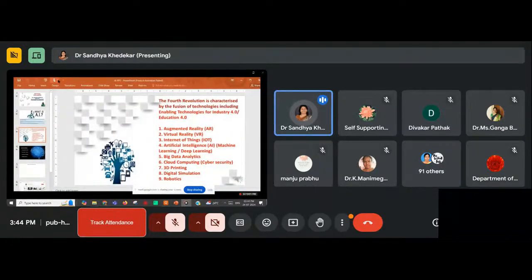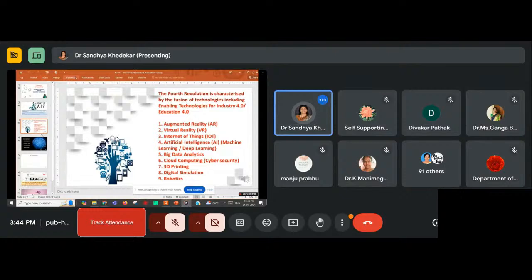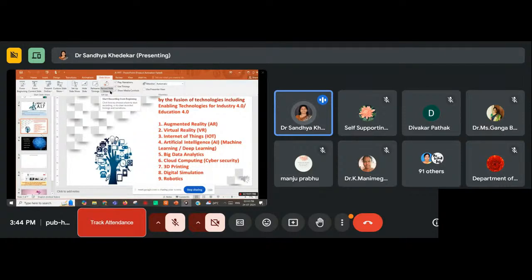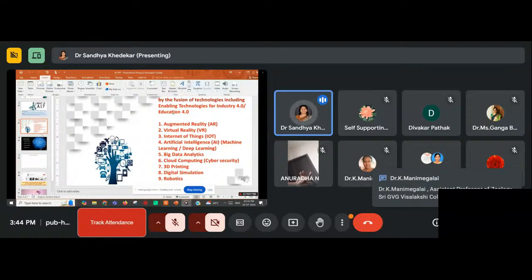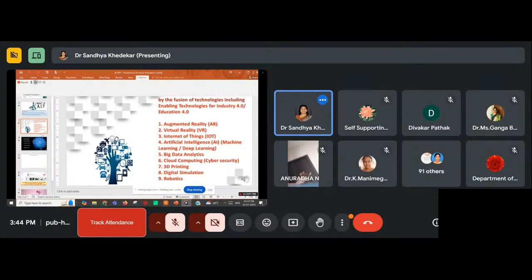So what you have to do is, when you open the PowerPoint presentation, go to the slideshow and there is one option, record slideshow. And it will ask you to start from the beginning. If you are using Windows 10, this option is visible in slideshow. If you are using any other version of PowerPoint, you have to use the insert audio option. And if it is not visible, you can go into add-ins and insert a voice.